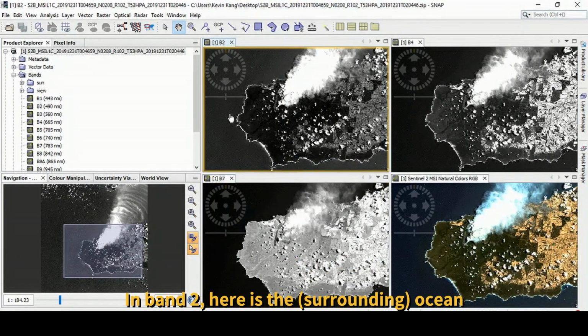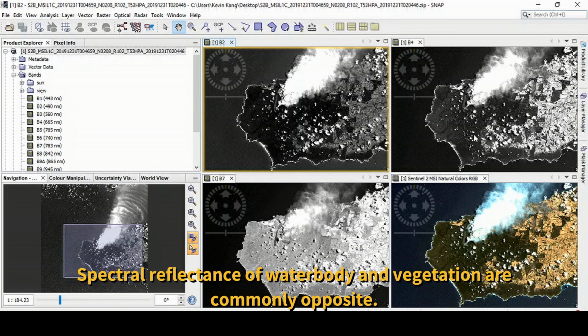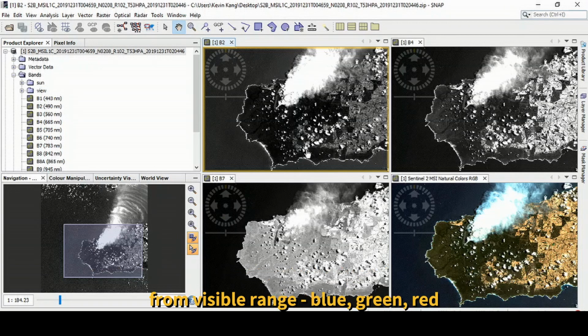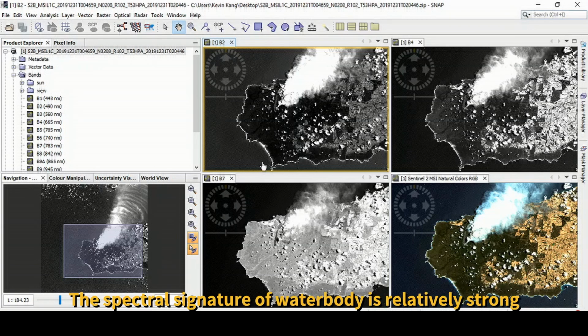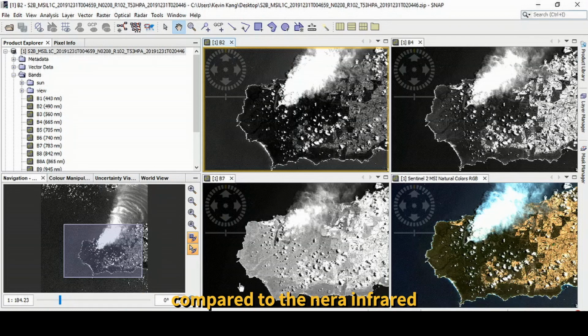So band 2, so here is the ocean, and then this region is a forest region. So usually the spectral signal of a water body compared to vegetation is opposite. So in the visible ranges such as blue, green, red, the water body reflectance signal is relatively strong compared to the near infrared.